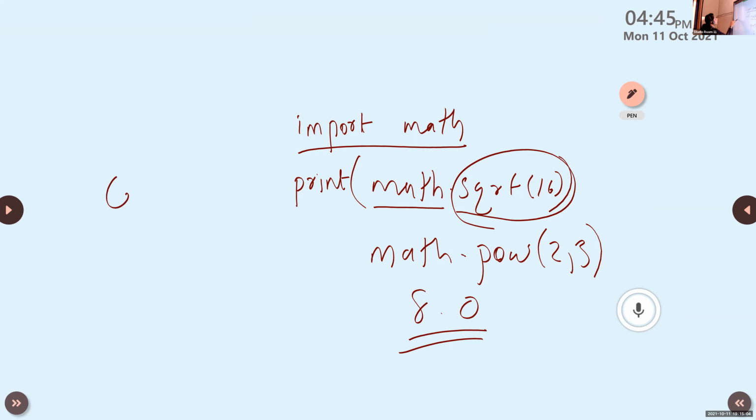Then another one is ceil, math dot ceil of x, where I'm giving one value. What is the use of the ceil function? Emmanuel, what is the ceil function? What is the result of this one?